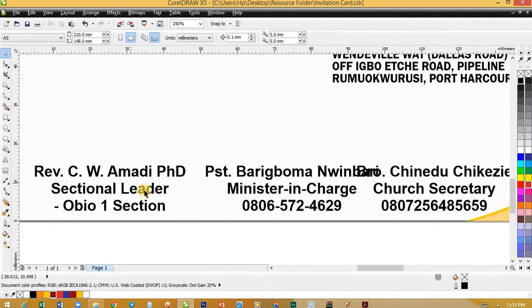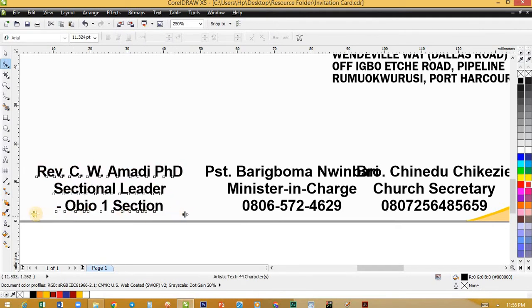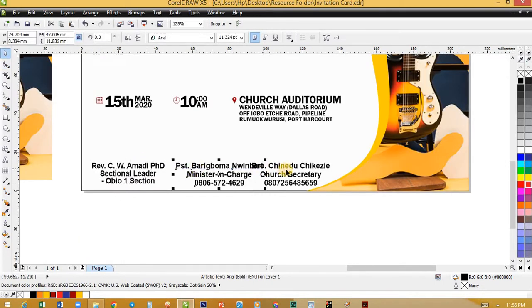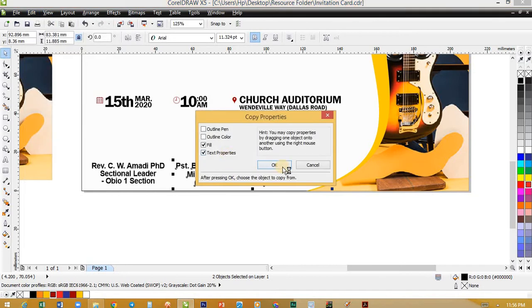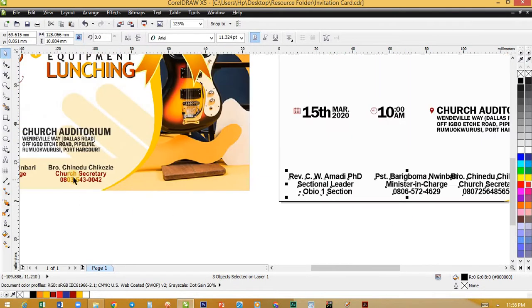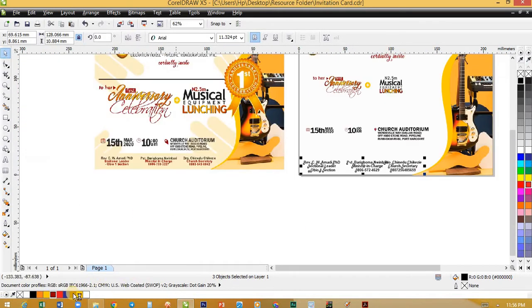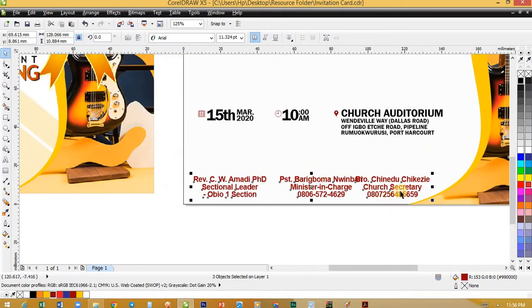Okay, maybe I might have to close up some caps a little, and then close it up this way too, transfer spacing. Then highlight this and highlight this, go to the edit menu, copy properties from text properties, and then into this. Because the majority of the lines have this color, I'm going to highlight all of them and take that color first, then go back to the first lines only,